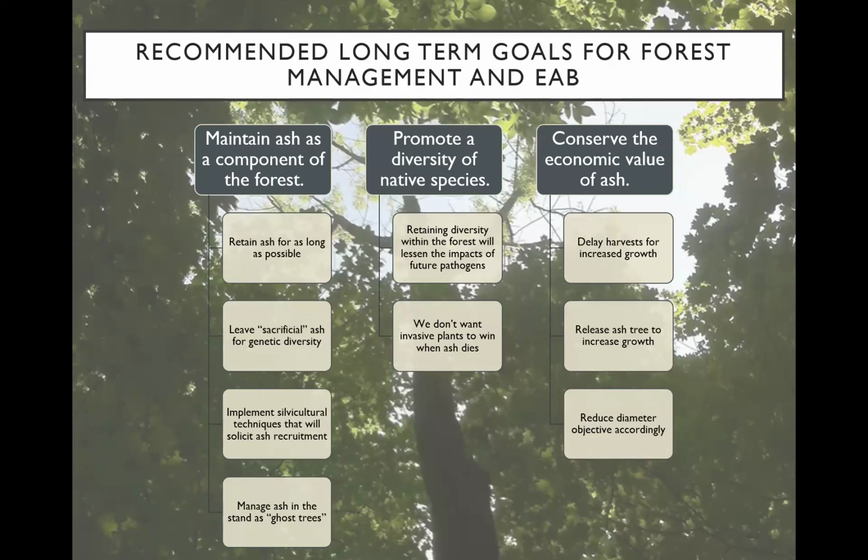And then there's also the pairing with implementing silvicultural techniques in a forest setting. So we might recruit some ash, so those young ash might live through subsequent waves, or there is some work being done with biological controls. There's a few wasp species that are being released. They are very host specific, so that means they are only feeding on emerald ash borer larvae, and they can't be released prematurely. So the emerald ash borer has to be in the area, and then we can release